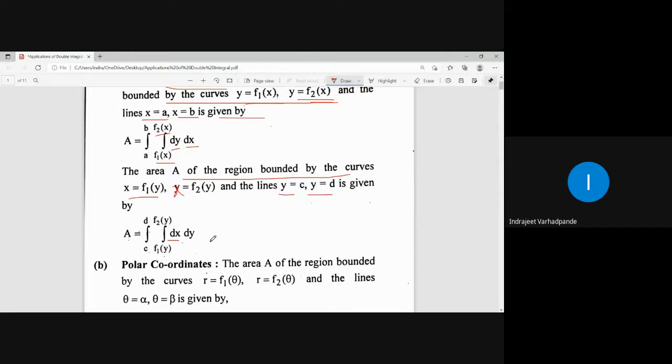The integrand in this case for the calculation of area, if nothing is given, we take as 1. Area is nothing but double integral dy dx or double integral dx dy. Whether the order of integration is to be done with respect to x first and then y is determined after the region is identified and we decide the drawing of the strip. But what you remember is the calculation of area, A is equal to double integral dx dy, that's it. The integrand is only one, nothing other than that. Accordingly we will get the area.